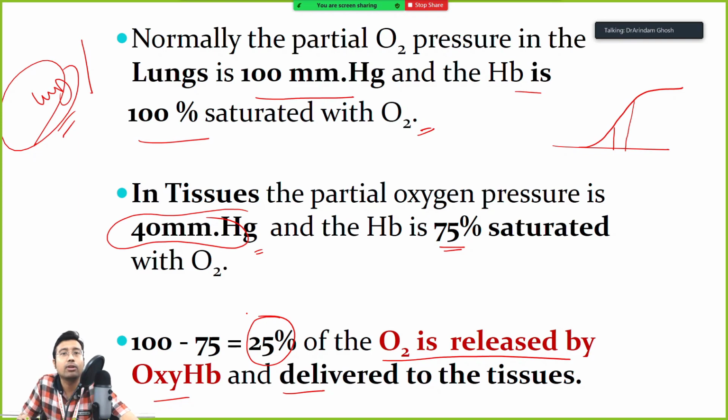Okay, so whenever we are in fully oxidized, not oxygenated state, it means at the tissue level there is no hypoxia. At the tissue level 70, at lung level 100. So in that 30 difference only 25% of oxygen is lost. So hemoglobin as a backup always keeps 75% of the oxygen in store, so that if you rapidly do some exercise or suddenly if you need to run, it can hold up. Otherwise, if it gave everything, with any extra effort we would have fainted.